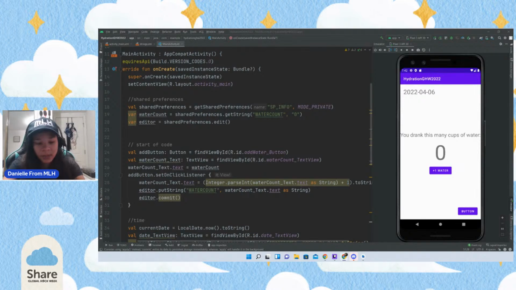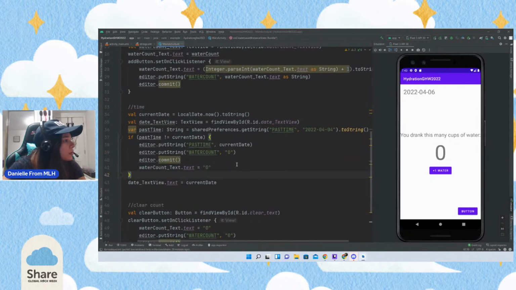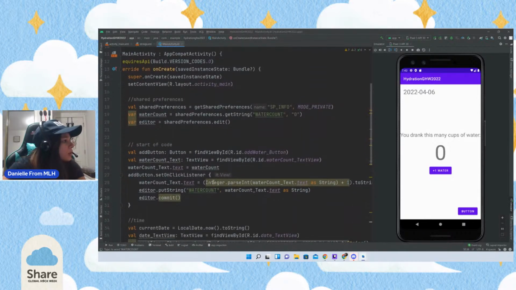Let's look that up. How to do a toast in Android Studio. Android Studio has like awesome documentation for everything. Make text. Yeah, to do the toast, it'll be super easy. We can just go down to the start of code and then just make it so